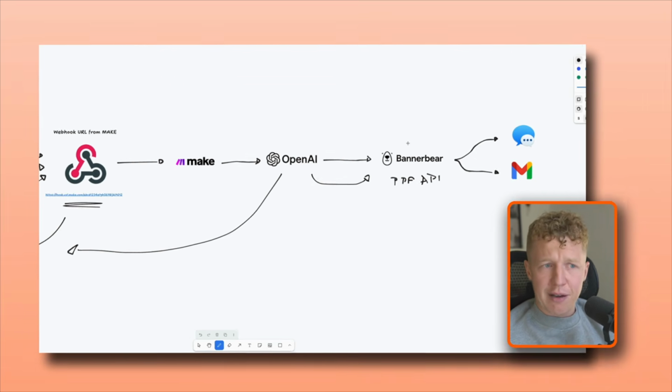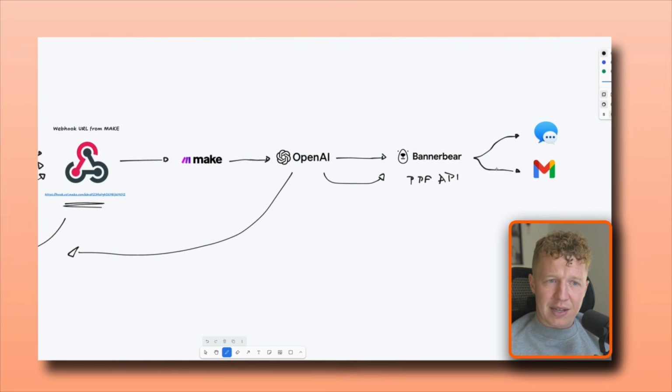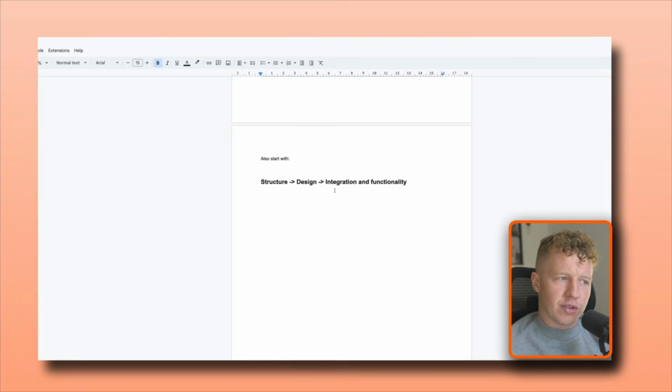So then taking that PDF, it's going to transfer that via SMS and Gmail, and we can even personalize an email that we send to that user as well. Or you can put it into something such as like GHL via custom value. So you can take that data, that URL, you can paste it into GHL, and you can include it in your follow-up automations. Now, the order you're going to want to follow to make this work is a 3-step process,